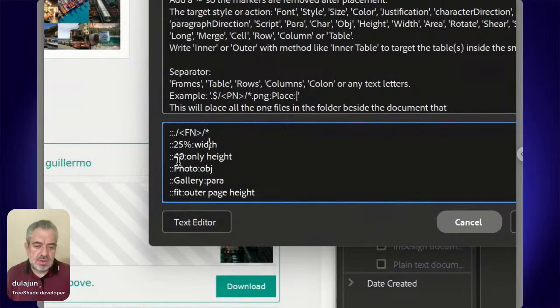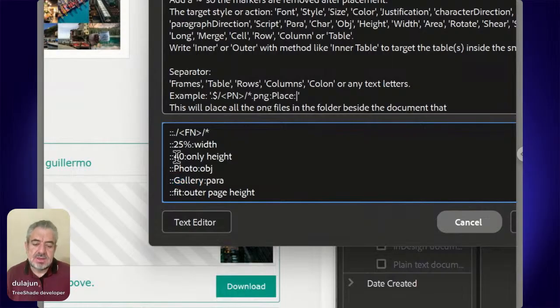We set the width of the photo to 25% of the text frame width, 40 millimeter, applied only on height to keep the width at 25% despite the ratio. Here we apply object style photo, then apply paragraph style gallery,